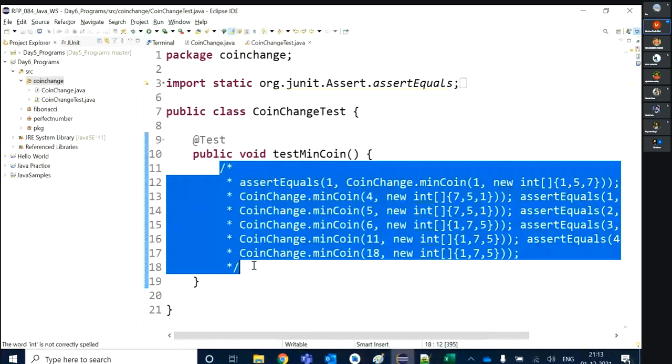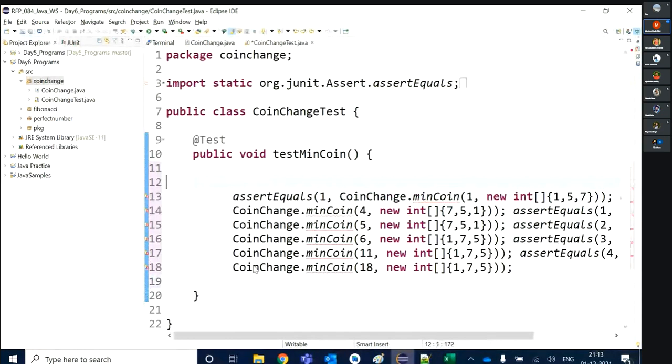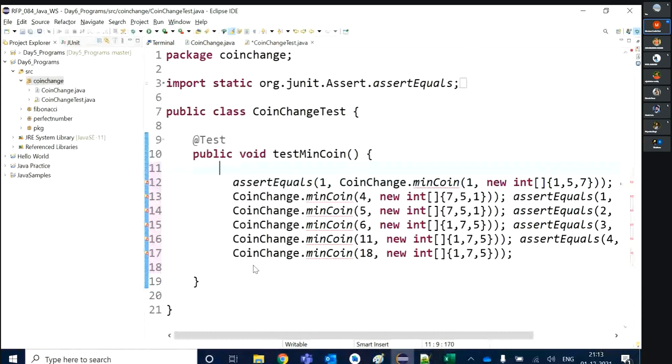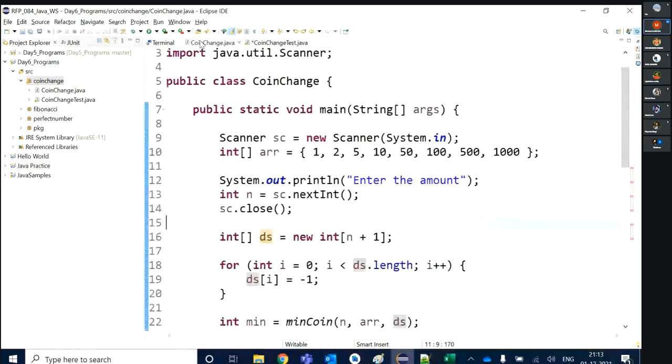And here let me create that ds array here.